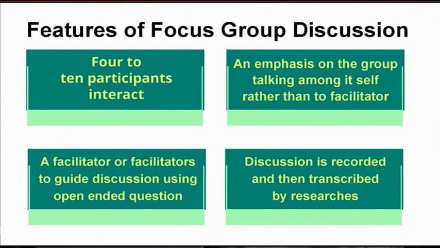Because if you make a group more than 10, 20, 30, 40, then it will be difficult to manage. After all, what they are discussing, we will have to note it down and analyze the data after the discussion has been completed. So, usually 10 participants maximum and 4 minimum, but it may vary; it may be 12, it may be 11, it may be 3. But the standard pattern, I say, is 4 to 10 participants who will interact. Why 4 to 10? I have given you the rationale.